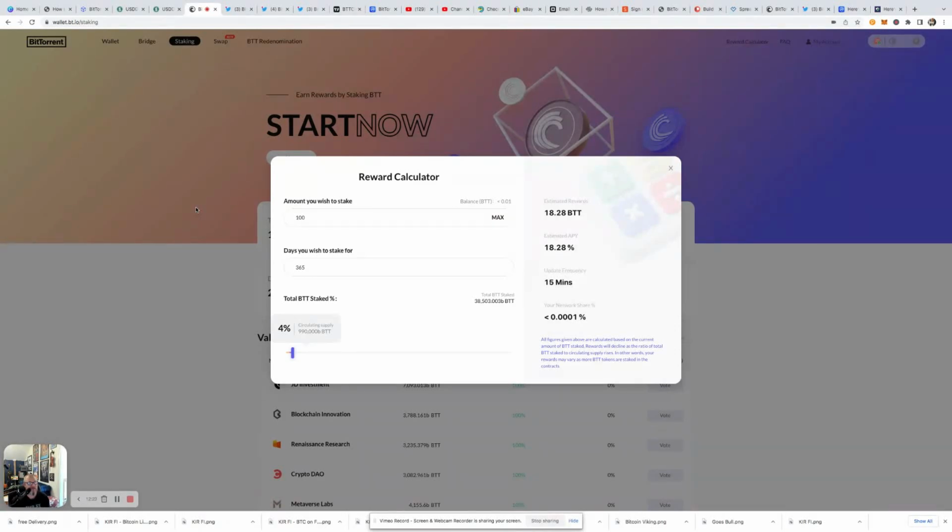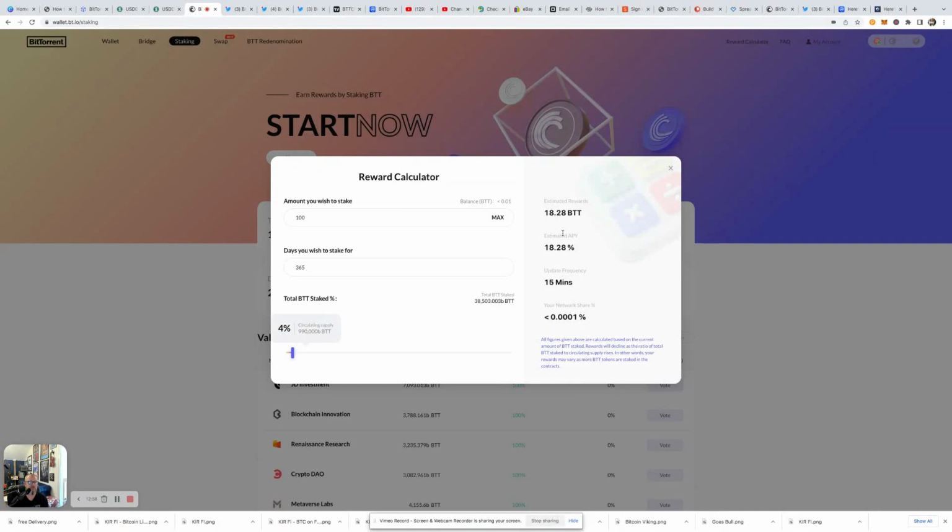Now, I'm going to explain that too, because you might be thinking, hey, well, isn't this about the BitTorrent chain? Well, yes, there is the BitTorrent chain, but the new redenomination, new BTT or BTTC, I think as it is on Binance, is actually on the Tron blockchain. It's a TRC20 token, all right? So if you wanted to stake it, like I said, you would simply just send it to your Tron wallet. You need some TRX to pay the gas fees. And you can stake it here on this bt.io.